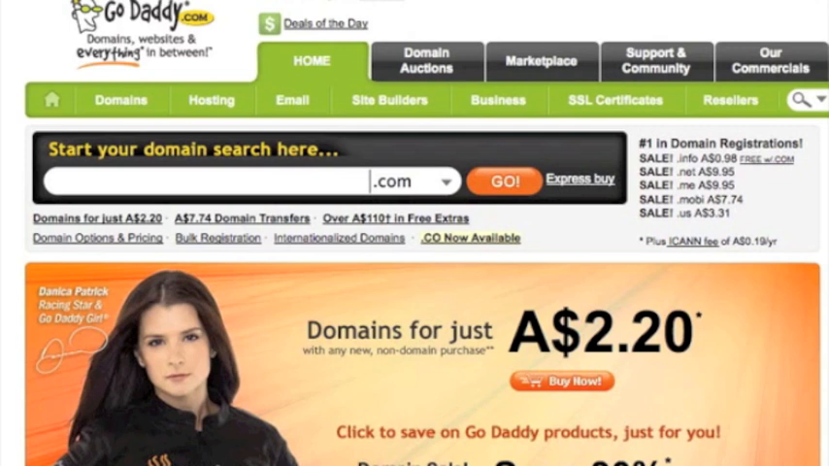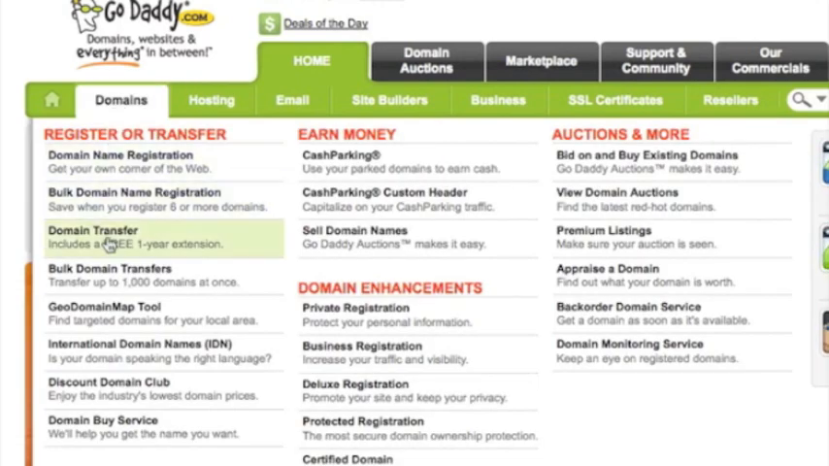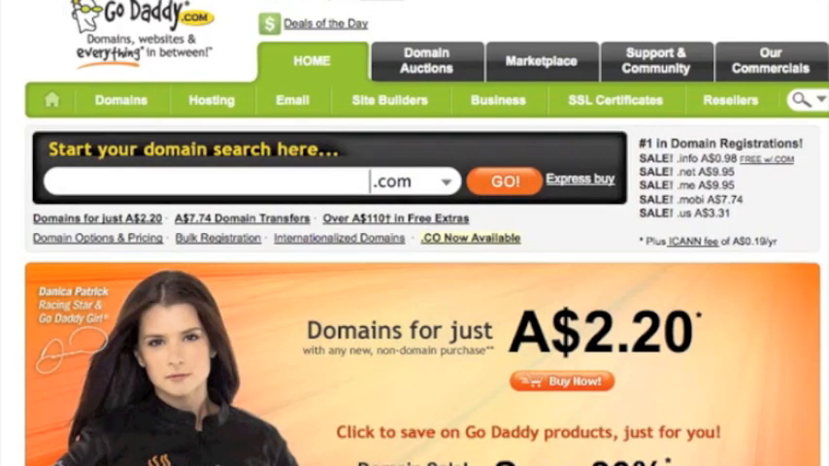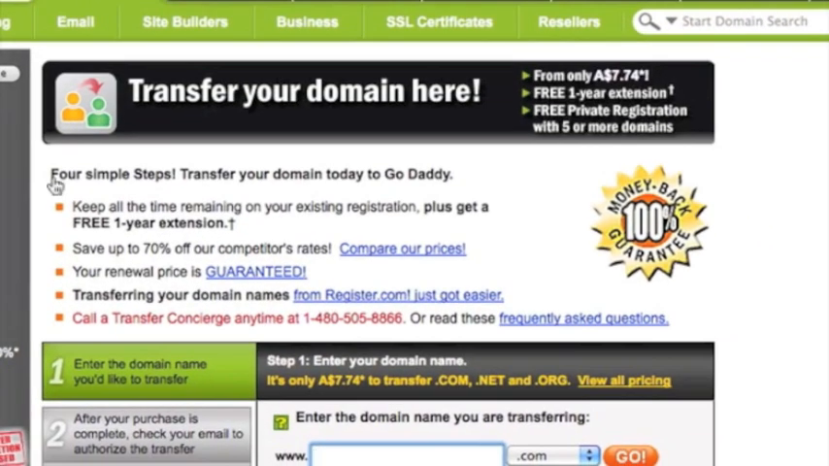So let's get started. I'm going to assume that you already have an account with GoDaddy.com. If not, it's free to sign up. Get yourself an account, pause this video, and then we can take off when you have that account. Once you have your account and you're signed in, hover over domains, and then go down to domain transfer. Just click on that and you'll be taken to a screen where you can enter the details